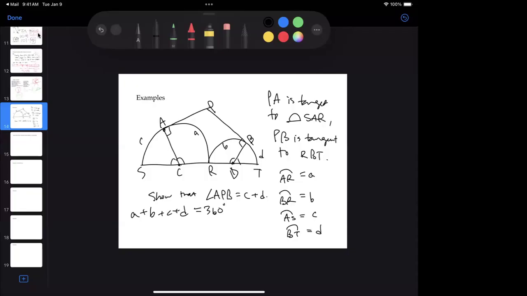But from pentagon PACDB, we also have A plus B plus 90 plus 90 plus angle P is equal to 540 degrees, right? Because the pentagon has 3 times 180. If we subtract 180 from both sides, we get that A plus B